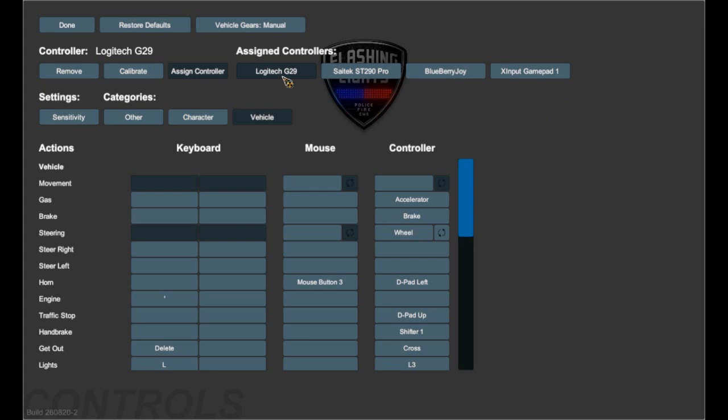So anyway, what I have to do is go into ATS, start my profile up to break the wheel loose so it is free moving. And then I exit the game and come in here so I can steer it. Now, granted,